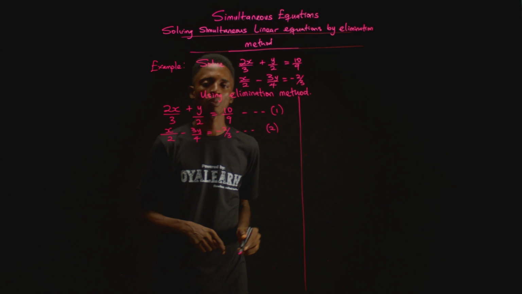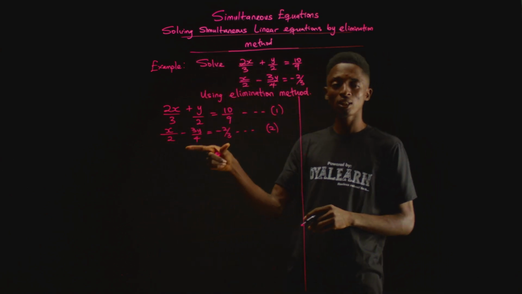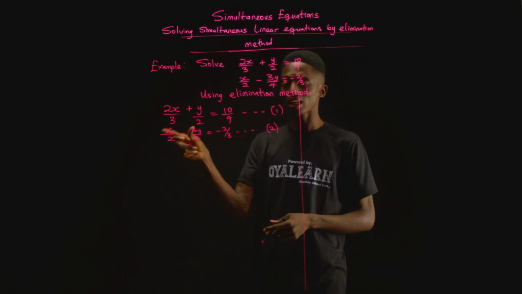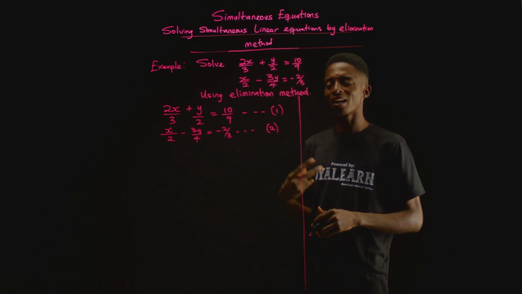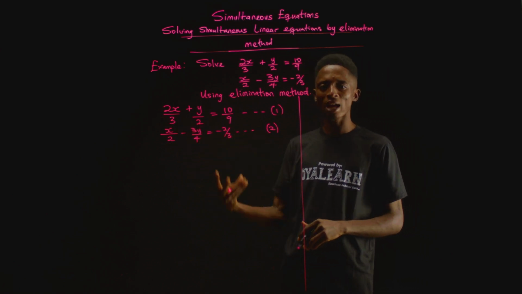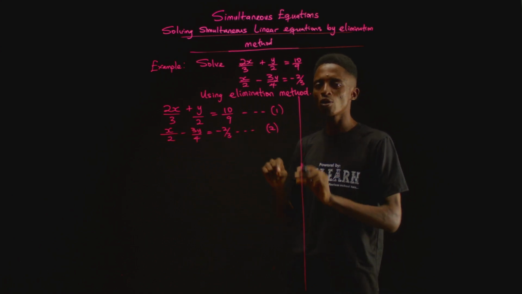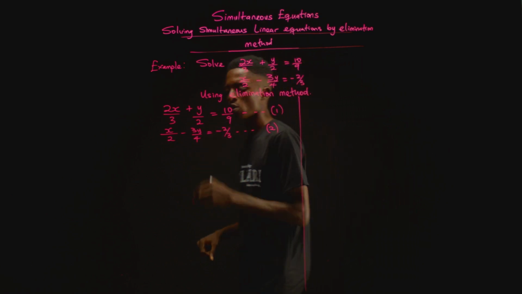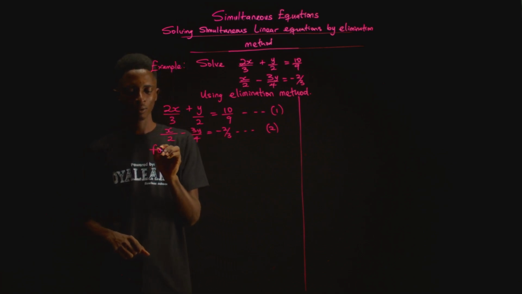Now take note here that when you are dealing with simultaneous equations that involve fractions, you can solve this directly using the fractions, but to avoid errors, I advise that you linearize the equation. And to do that, just multiply each of the equations by the LCM of the denominators. That way you have a single line equation that is easier to solve. So let's practice that. For our equation 1,